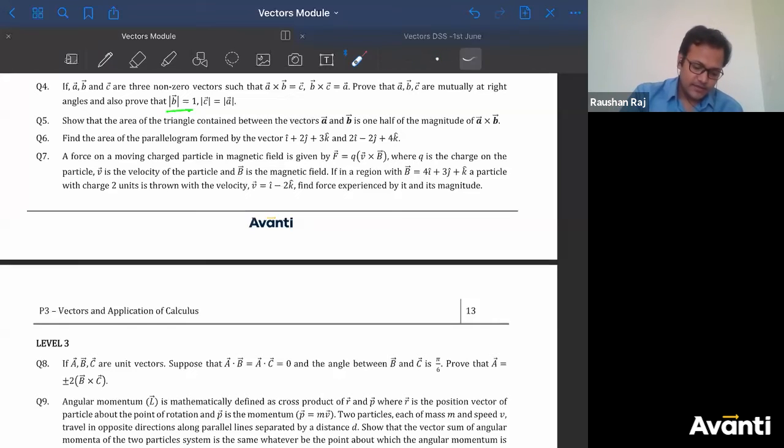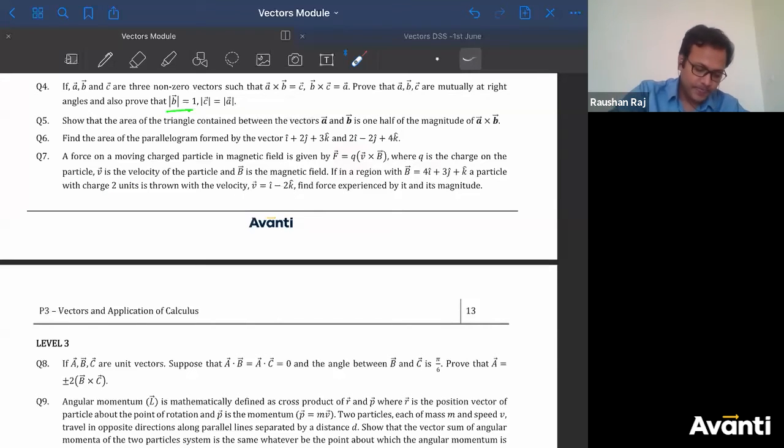See, the force on a moving charged particle in a magnetic field, this you are going to study in PU2. What is the force on a charged particle? That force is given to you as Q V cross B. So this relation is given to you. Q is the charge on the particle, and the value of Q is also given to you. That is 2 units. V is also given to you. B is also given to you. Just find out V cross B and then multiply 2 with it. That is the force. Got it, guys?